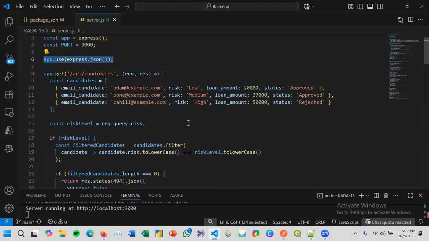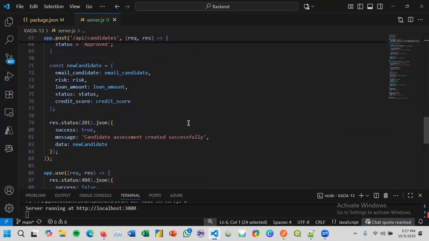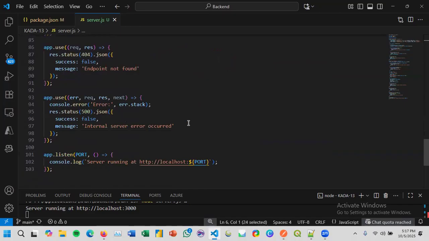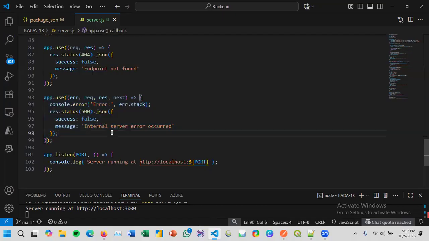And then four, we have two error handlers, which is 404 for wrong routes, when the client inputs wrong routes, and 500 error for handling errors because there is something wrong in our code.